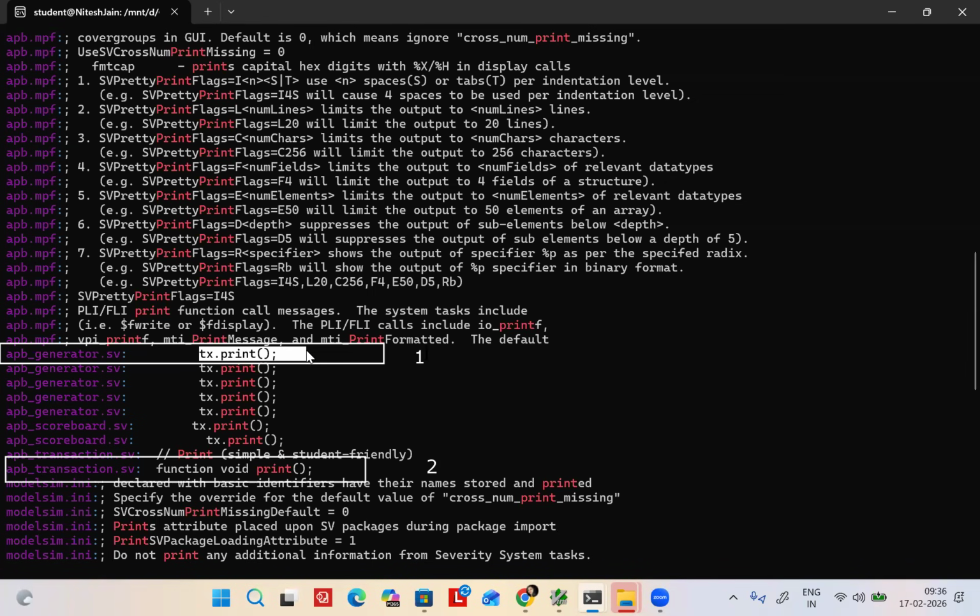First thing, the people who don't know ctags and all, they will use this method. What method? Grep. Why grep? Can I find where the print is? But what is the drawback here? This one, grep. What is the drawback here?